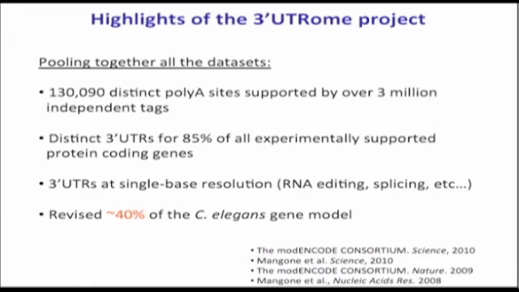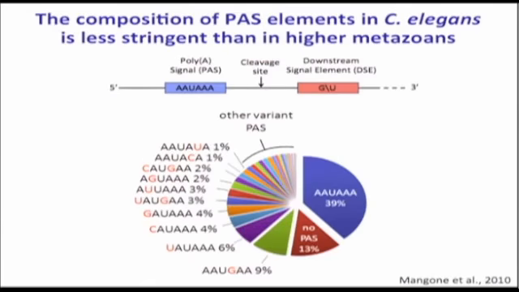And what is key is that we have the complete sequence from start to end of every UTR, so we can look at things like RNA editing, splicing, and so on, right? And doing this, we ended up revising 40% of the gene models in worms. So these are the kind of things that came up and were really interesting for us when we did the